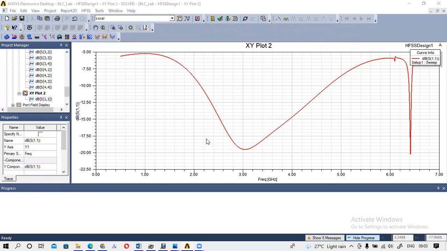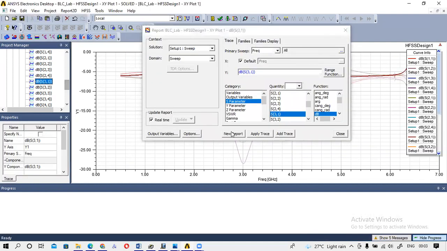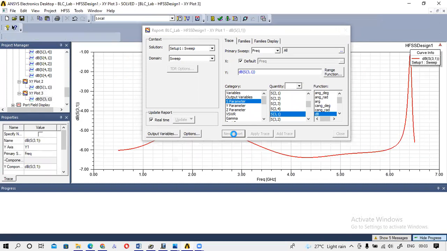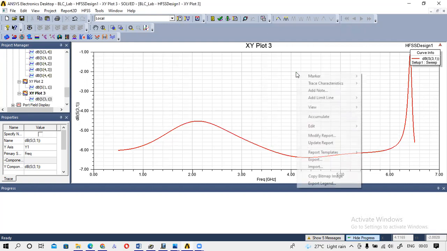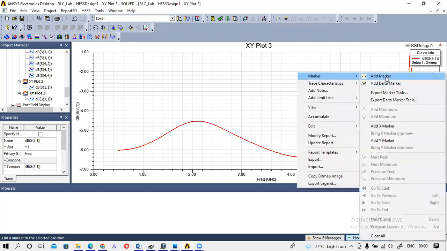I think it is okay somewhat. And if we take S31, I think this is also okay. At the marker,